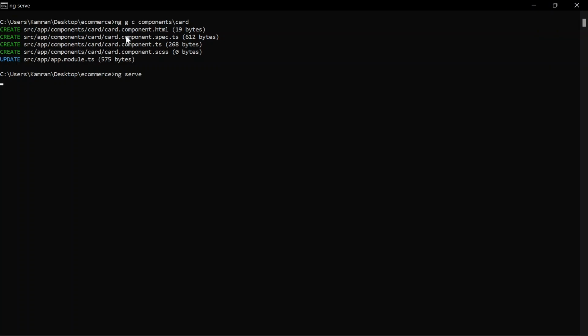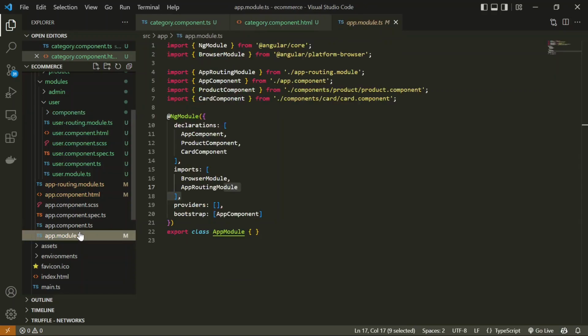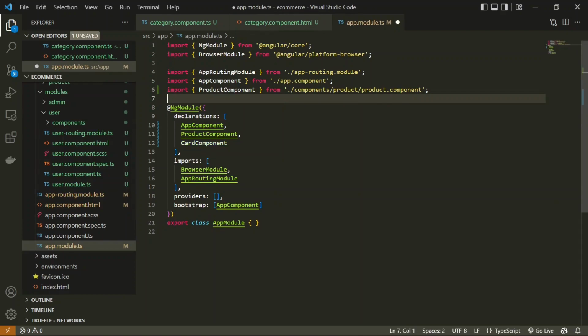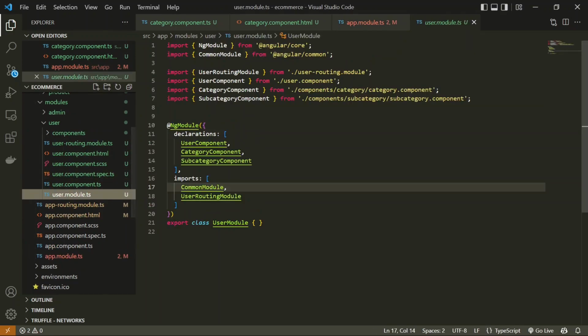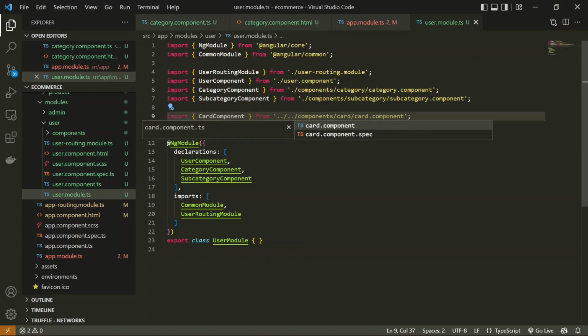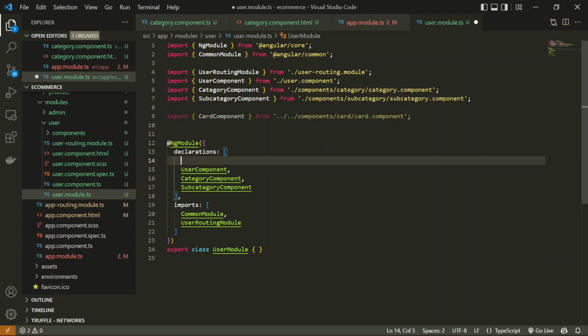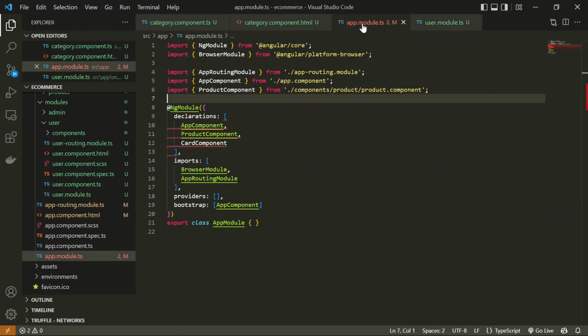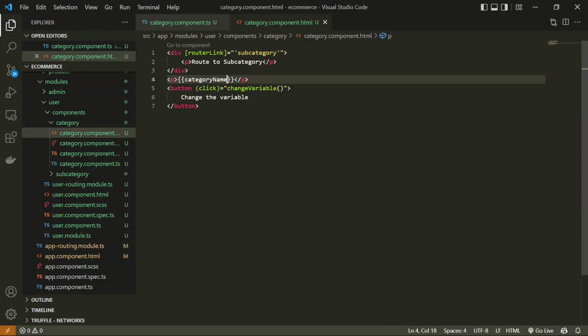First thing we have to check over here, this card component has been added to the app module. So we have to move this card component from the app module to the user module, as we have to use it in the user module. So I will open the app module, copy this card component from here, and paste it in the user module. I have to change the path for that. So let's update that. And this is updated, and I have to declare this component inside the declarations. And here I have to remove this card component. I should have added the module option while creating this card component, but I forgot. So you can do that.